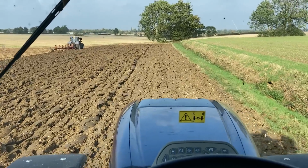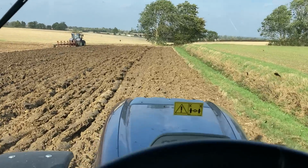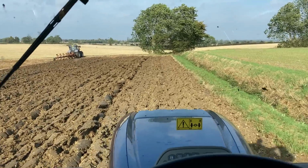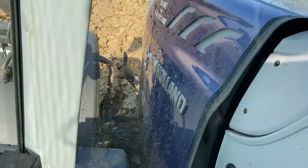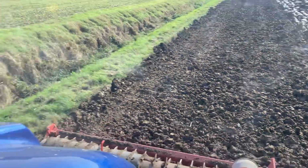Here we are. We had some rain overnight, yesterday afternoon and evening. So it's delayed us a bit, but now it's Tuesday morning. We're now back on the field. You can see the plough over there, the 260. I'm in the 225 Blue Power. I've got the 4-metre power harrow, just trying to knock it to bits a little bit to